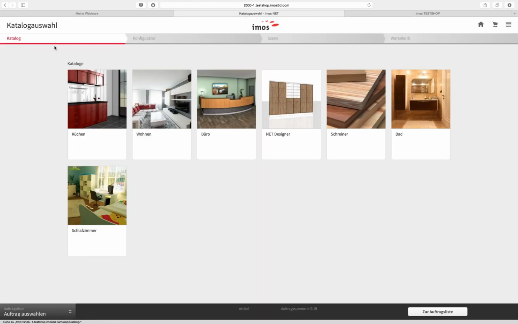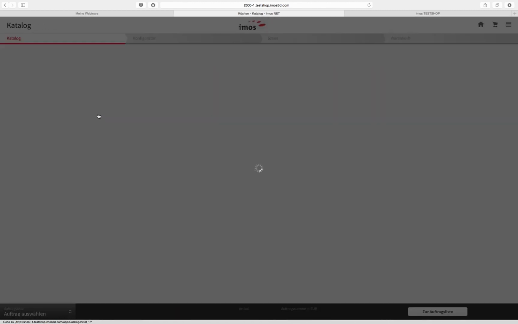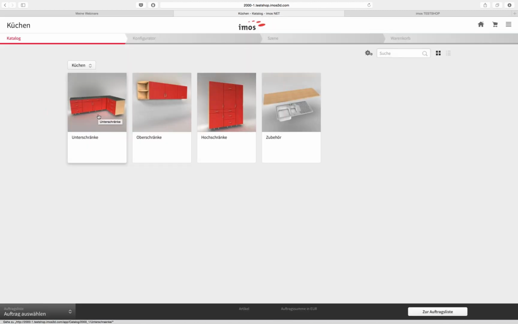So I will start also here with the catalog. As I already told you, there are very different use cases in the B2B system. Someone wants to sell kitchens, others want to sell just panels or just parts of furniture. Others have living room furniture, whatever. I will start with the kitchen because that's what we most like to do. In the kitchen,